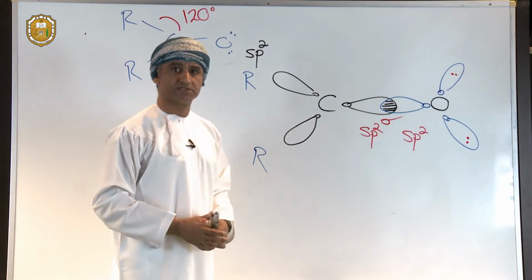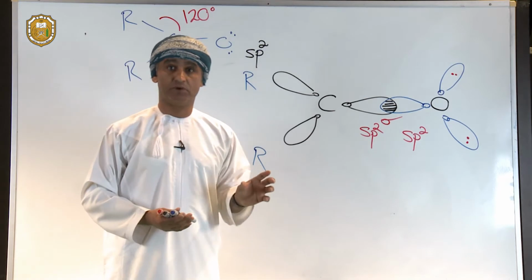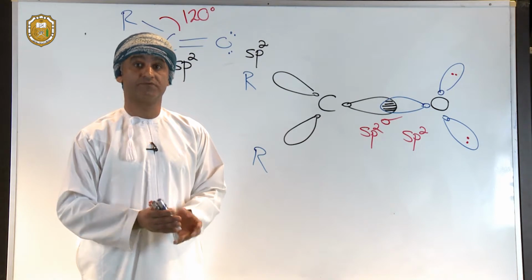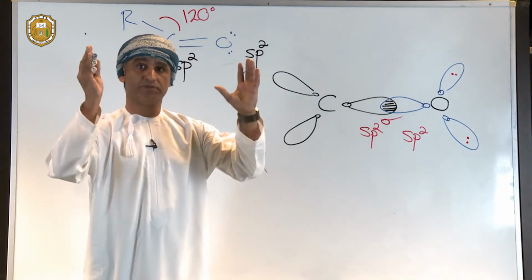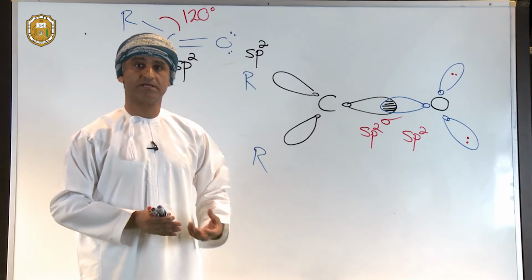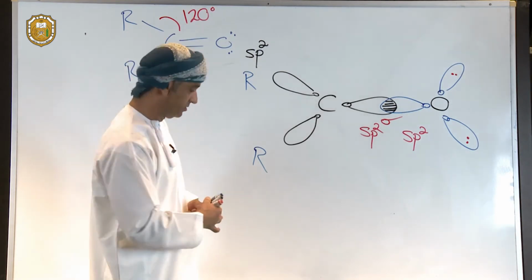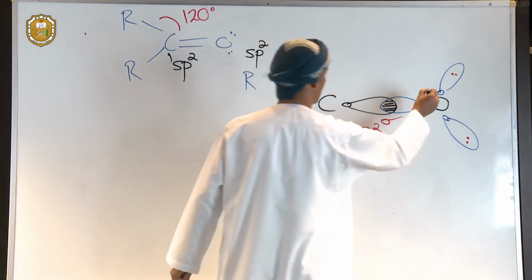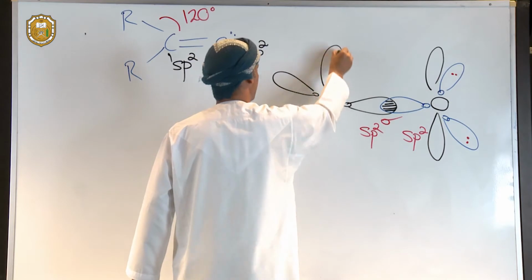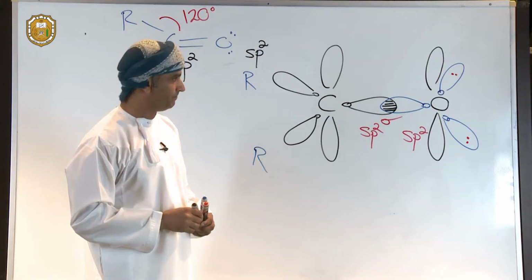So what we have considered so far is only sigma bonds, but we know already that each double bond comprises a sigma bond and a pi bond. And of course, the pi bond is formed as a result of electron sharing between properly aligned p orbitals. Basically, p orbitals that were native, orbitals that were not used in the hybridization process. So we can draw a p orbital on oxygen to be of this shape in general, which is a dumbbell shape. So that's a p orbital on carbon, and that's the p orbital on oxygen.